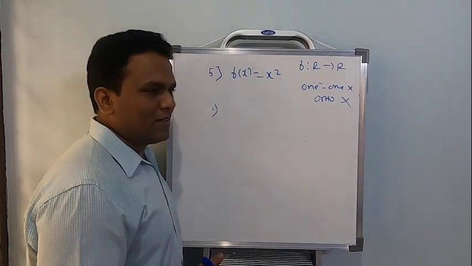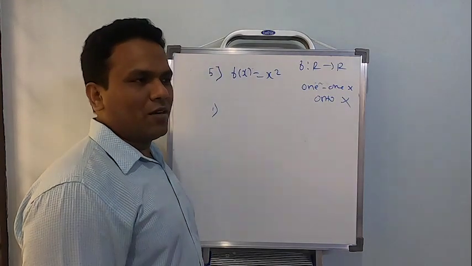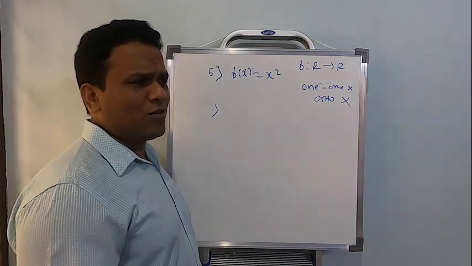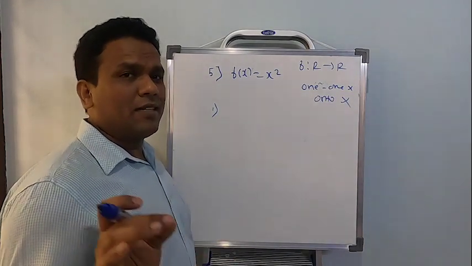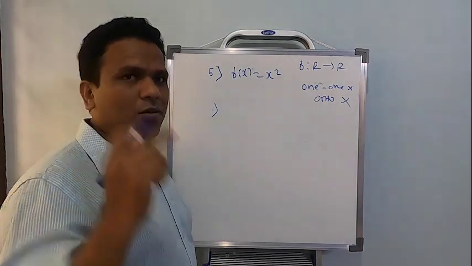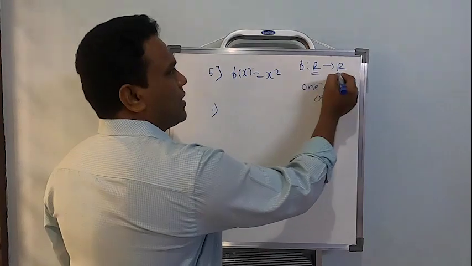What I am thinking is, if for every problem I keep doing two methods, then you will be asking, sir, few problems you will do by general procedure, few problems by examples. I said it depends on the problem. It depends on how you think. Examples are actually quite easy. Real numbers to real numbers, right?